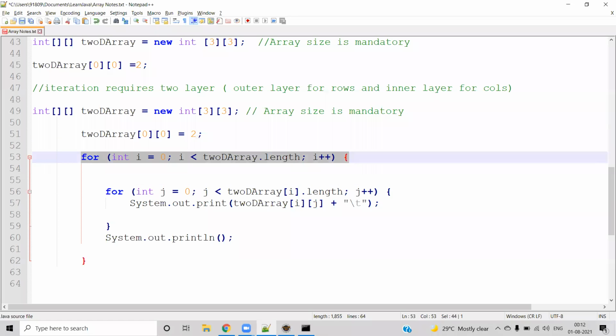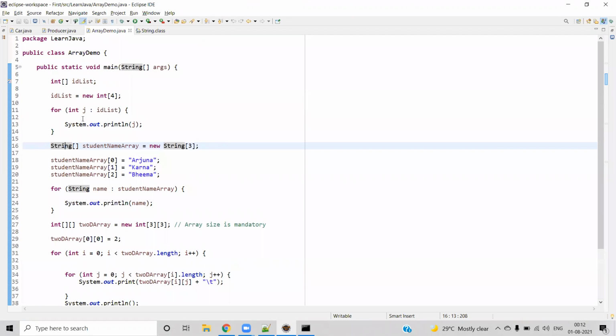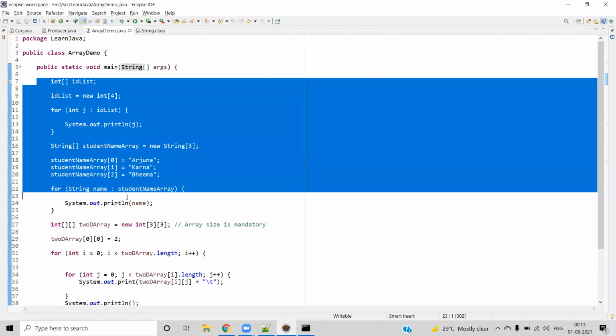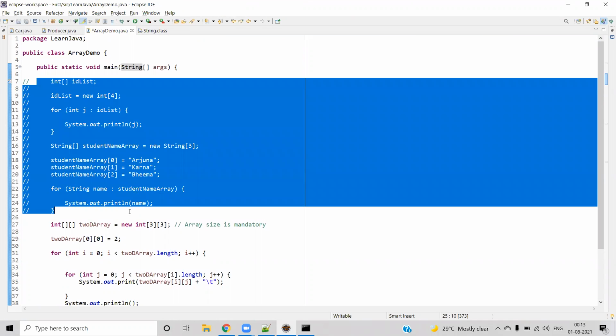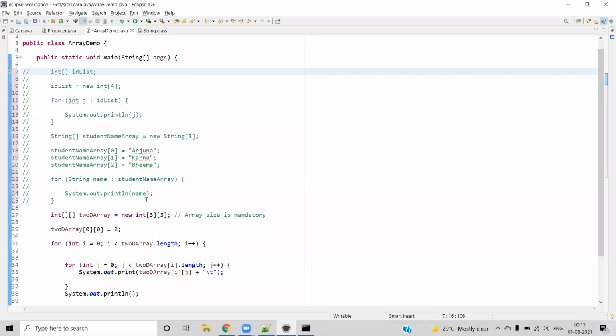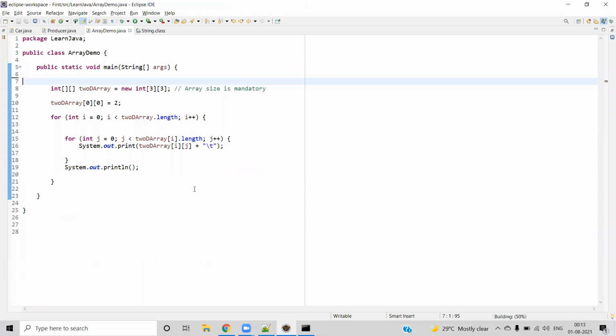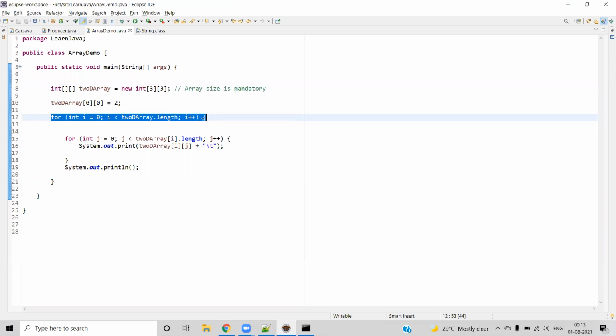Or we can go to our Eclipse rather than typing a multi-level inside the JShell. Now this time we can switch to the Eclipse. So I will comment out all the remaining things. All right, I can even remove it just to keep it simple. So now we have the array created, and we are assigning the value for the first row and first column, because the index starts from 0, and we are going to iterate here.